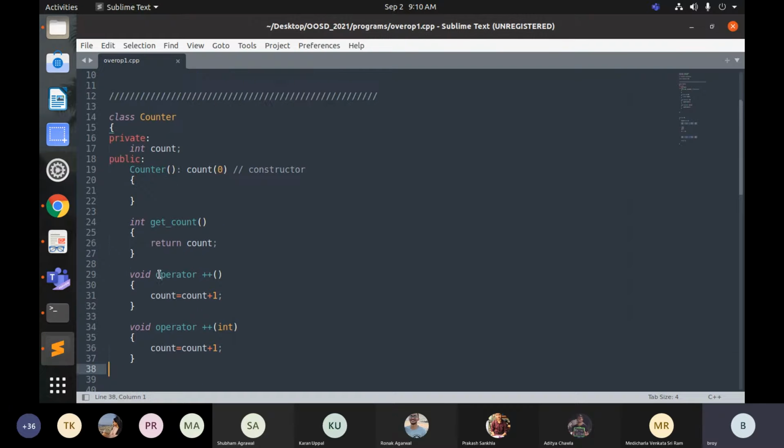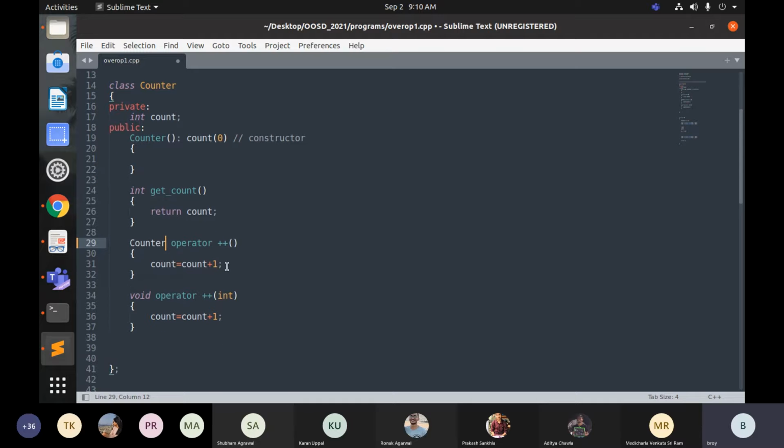Instead of void, we can write... void returns nothing, but we want to return an object. So we can perhaps do this,